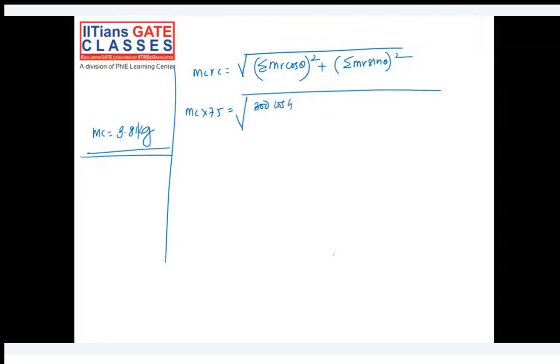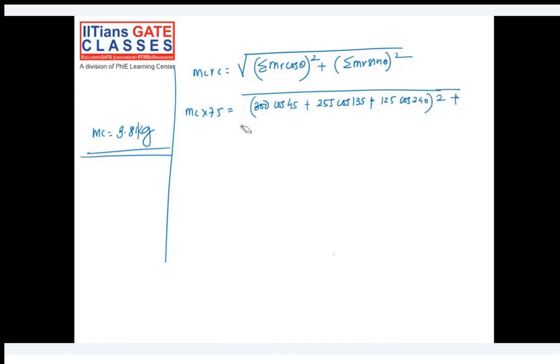Plus the next one is the mass of 3 kg at a radius of 85. So 3 into 85, 255 cos of 135, plus the next one is the mass of 2.5 kg at 50, so 2.5 into 50, 125, cos of 240. So this whole square plus sine terms will also come in this under root: 300 sine of 45 plus 255 sine of 135 plus 125 sine of 240